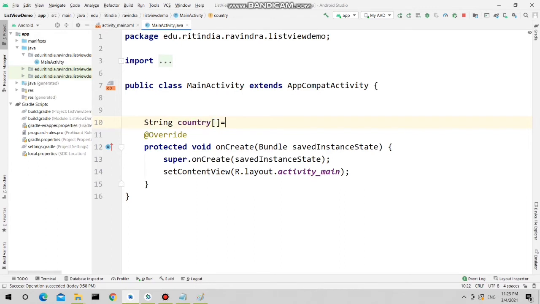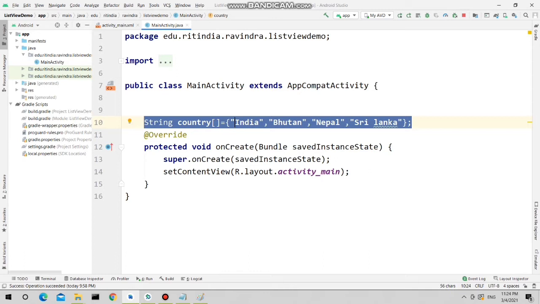I'm taking one string array and storing 4 countries in it. So this is my string source, and these countries will be set to the list view.